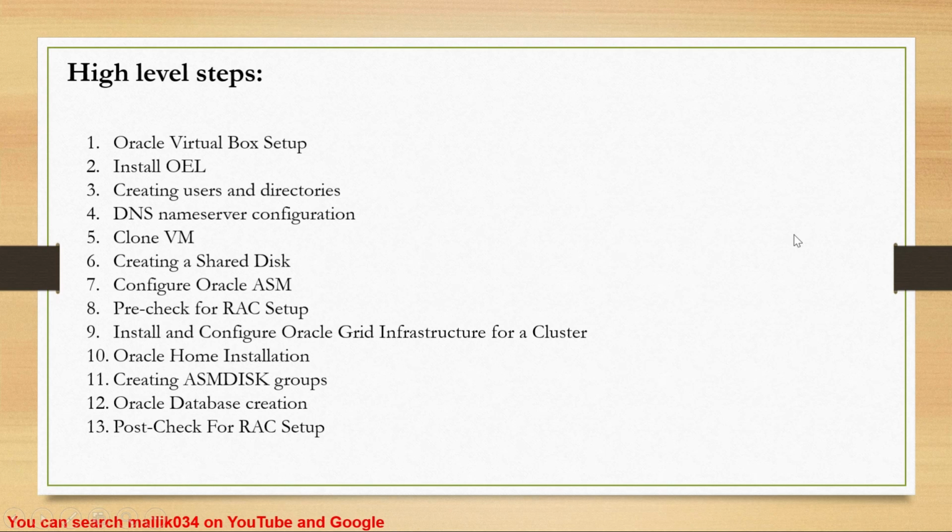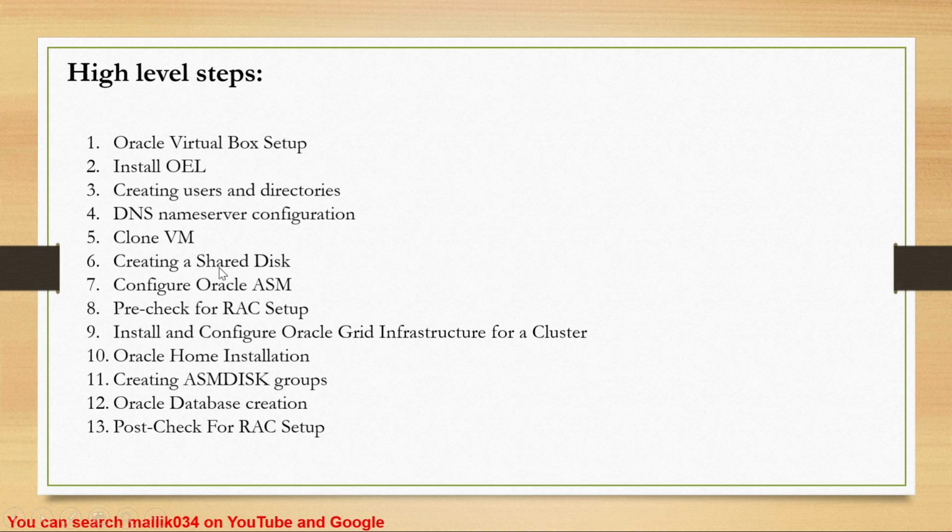In today's session, if you see the high level steps here, it's a complete series of sessions. I'm going to launch 3 or 4 videos, or 4 or 5 videos, based upon the timeline. I'm covering these topics: Oracle VirtualBox setup, installing OEL, creating users and directories like grid user and Oracle user, and grid home and DB home, and configuring my DNS name server. And once you have done node 1, you can clone that VM as node 2. You will be ready with the two node VMs, a two node RAC, and then